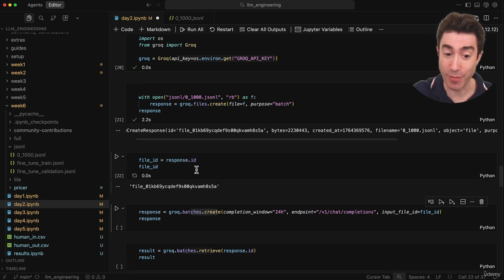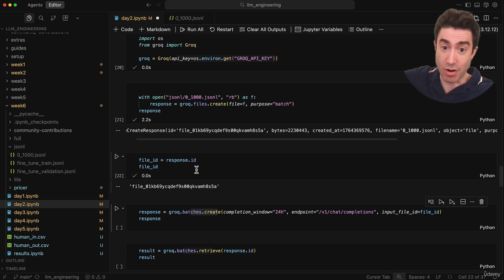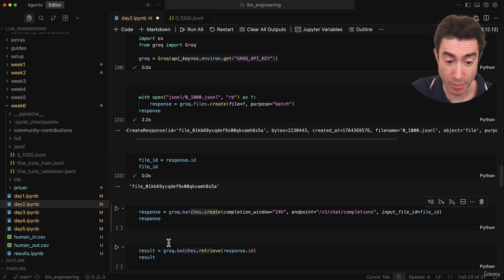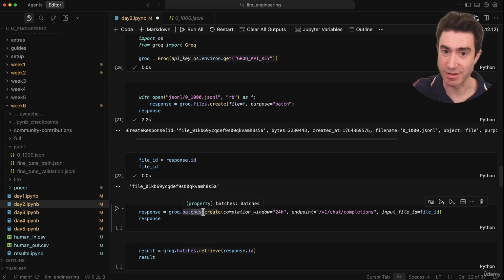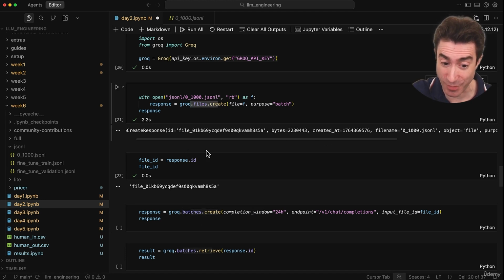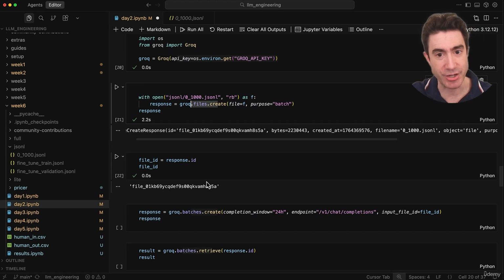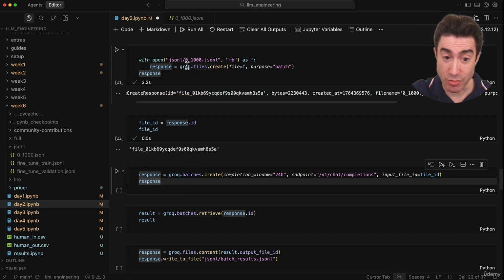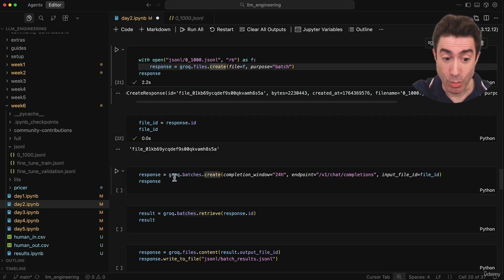So this is now a file that I've uploaded to Groq. It's sitting up there on Groq with this ID. Done. We've created our file. It's time now for us to use that file to create a batch. And so for that, we don't call groq.files.create. We call